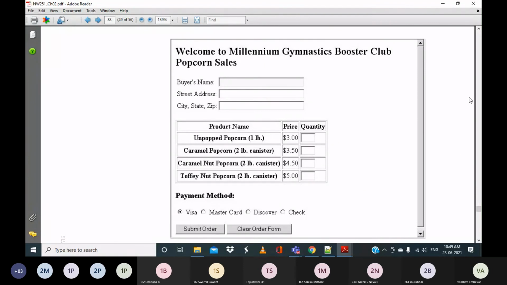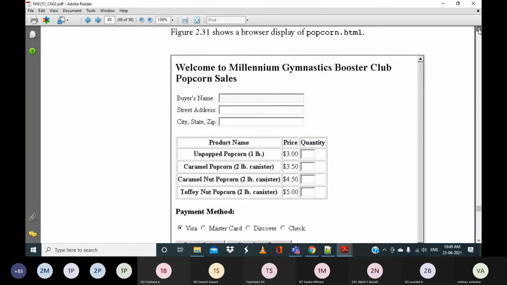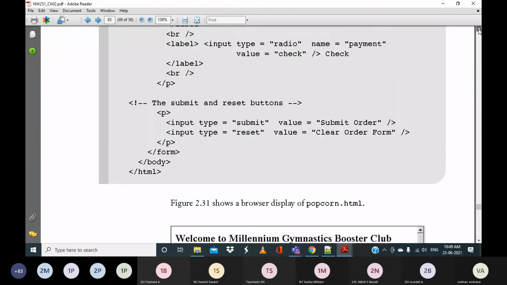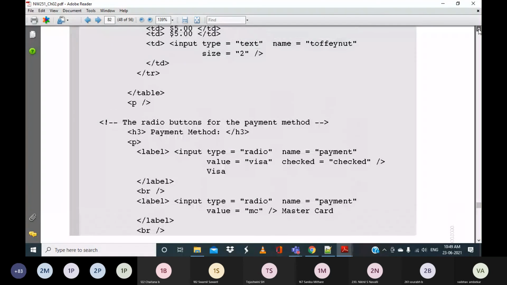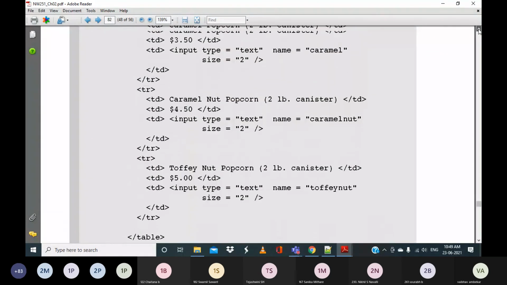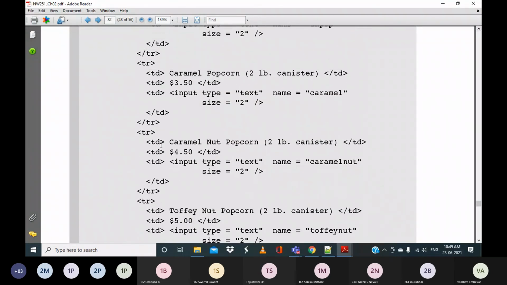I will show you one sample of it. Here you can see there is a tr tag, and then they have mentioned td as caramel nut popcorn, and then for the second one just the price, and then inside the td they have mentioned input type equal to text, name equal to caramel nut, and size equal to 2.